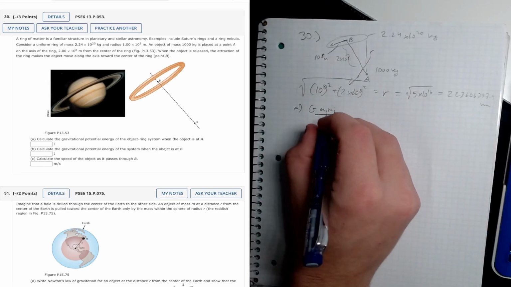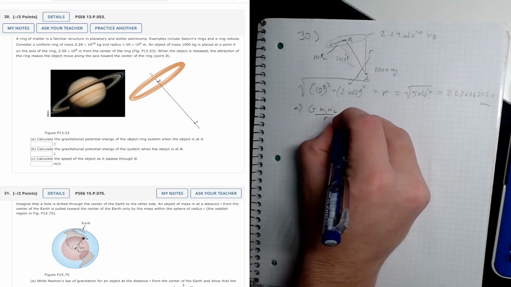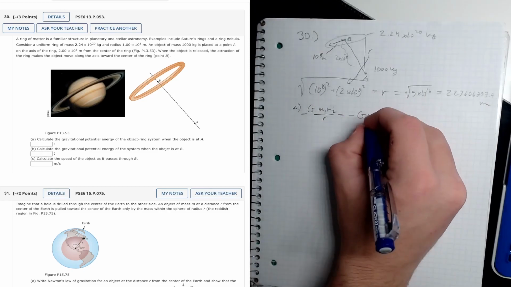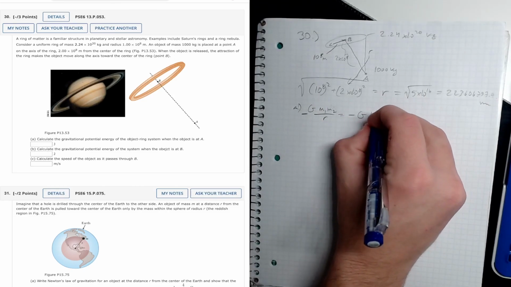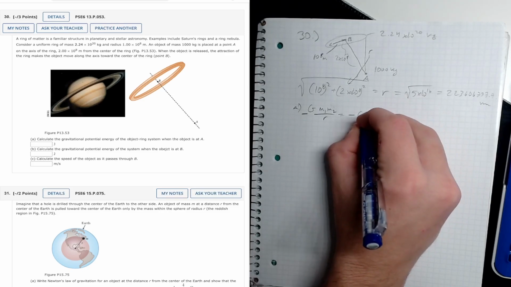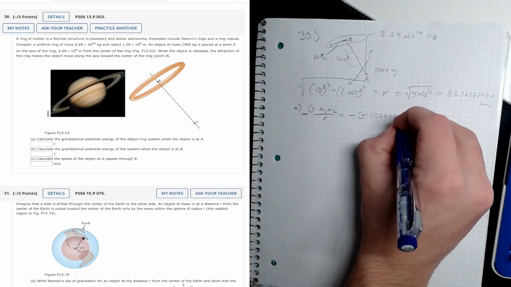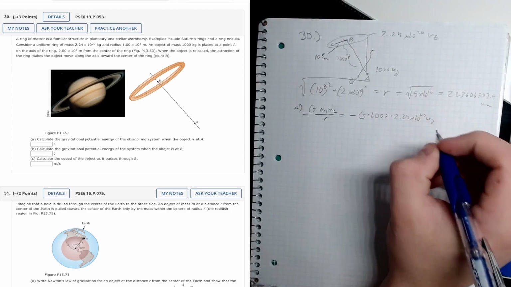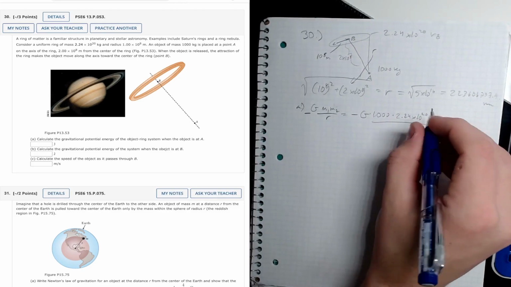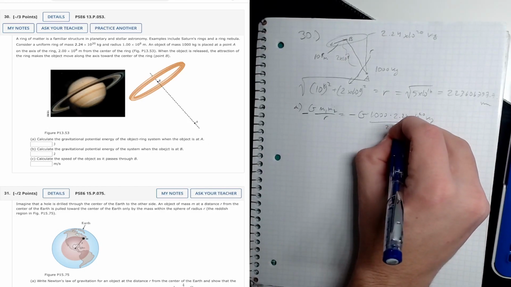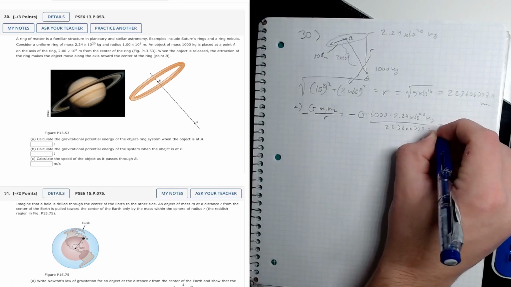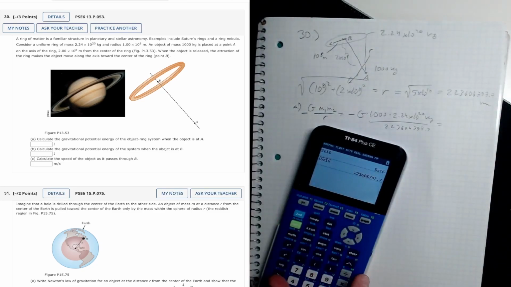Our R value is this. Oh, it's negative, sorry. Equals negative G times 1,000 times 2.24 times 10 to the 20th kilograms all over 223,606,797.7, which equals